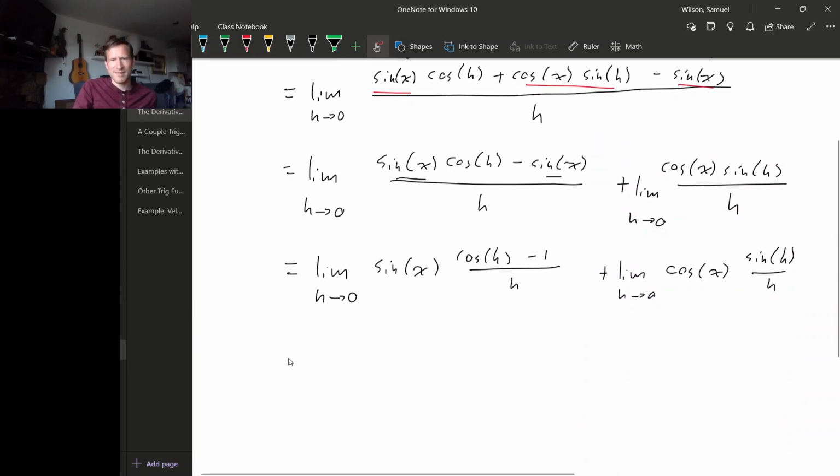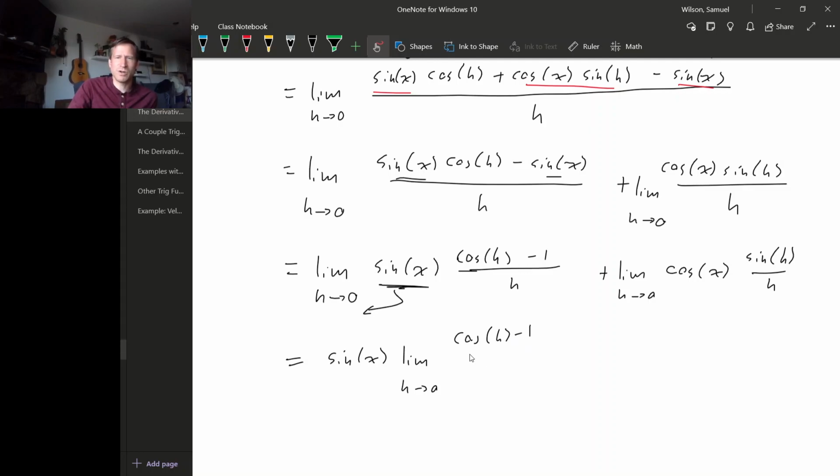But we're taking a limit as h goes to 0. So when we look at these expressions, x is acting like a constant as far as the limit is concerned. So we can actually move this sine of x outside the limit because the limit thinks it's a constant. So that gives us sine of x times the limit as h goes to 0 of cosine h minus 1 over h